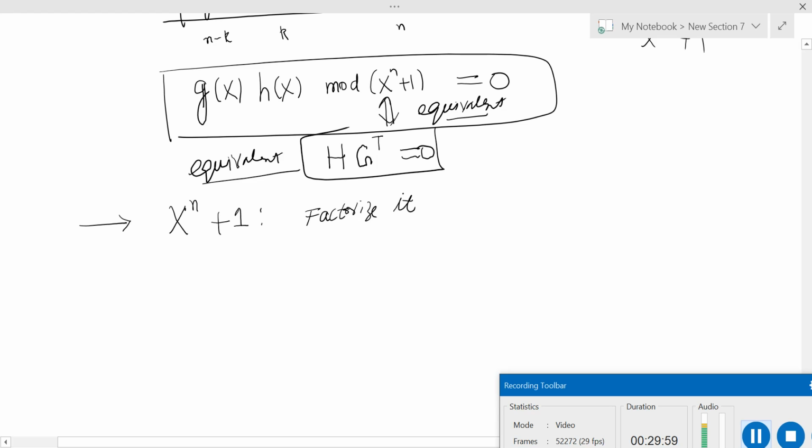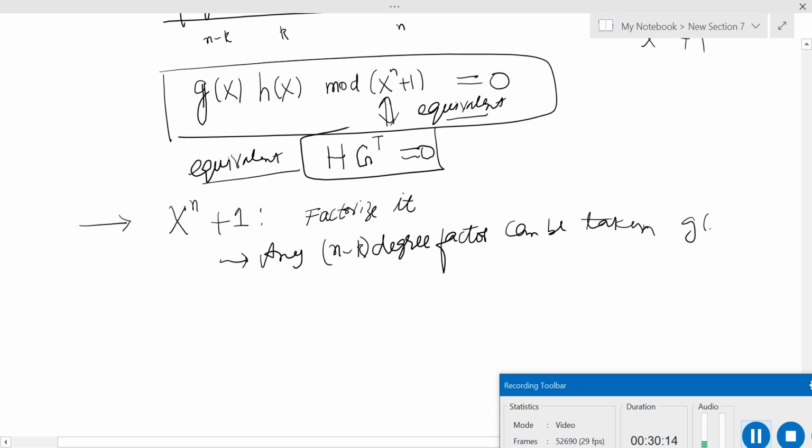Okay, you will get several factors. Now, any n minus k degree factor can be taken as the generator polynomial, and any k degree factor can be taken as